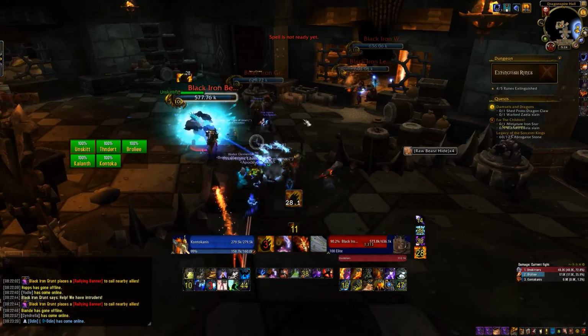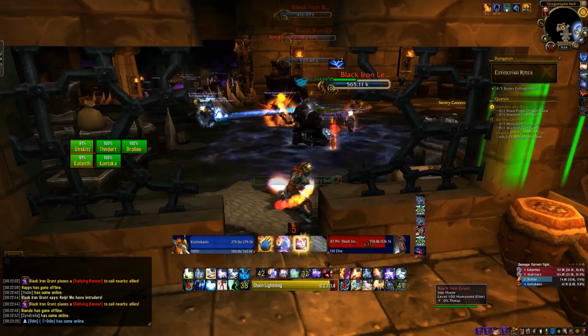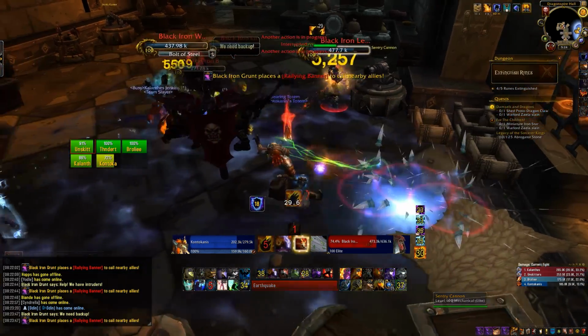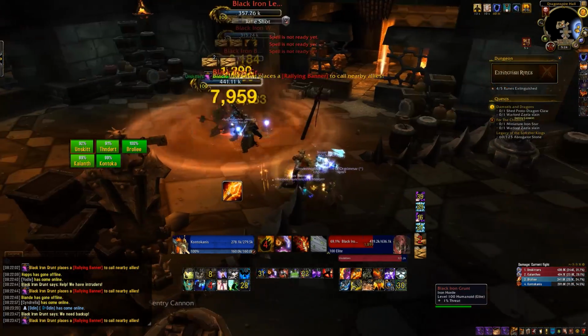Alright, next group is coming out. Capacitor Totem is available. We will run behind these guys, Thunderstorm them into the group. Now, if I'd been really clever, I would have actually Thunderstormed that Lead Belcher, and then... Oh, I buggered that up. I'll tell you why I buggered that up, because let me just grab that Rallying Banner while I try and